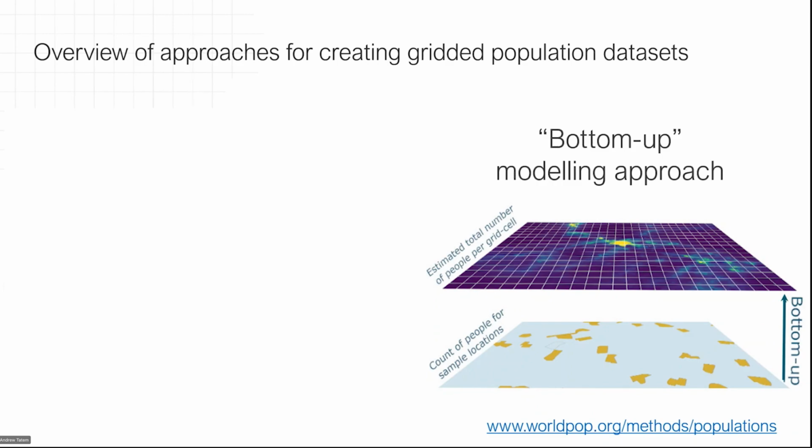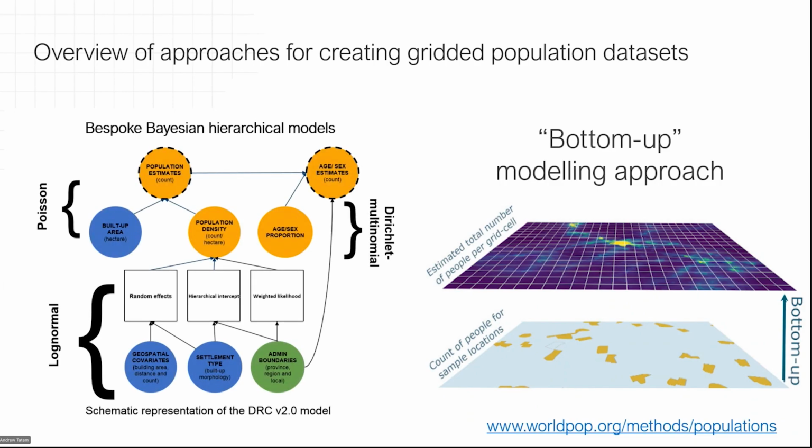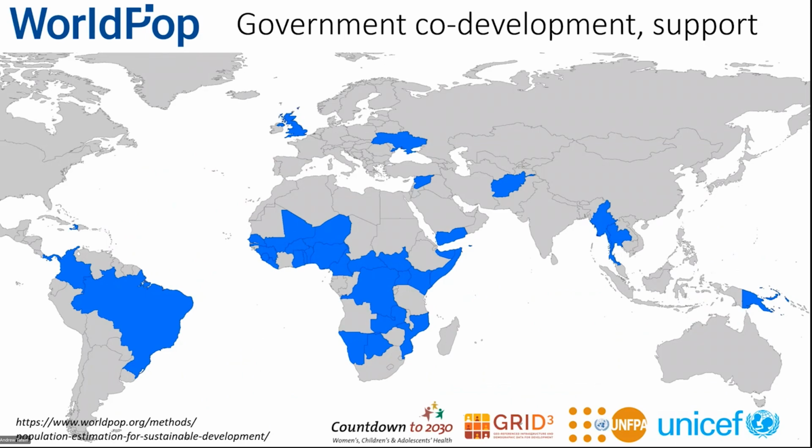And so the second type of approach is then using the relationships between the population data that we have in the small sample areas and the geospatial data sets to build a model to predict population densities in those grid squares. And these are often bespoke models dependent on the situation, but make use of geospatial covariates to produce population estimates. I won't go into the details of this today because I'm more focused on the mobility, but these types